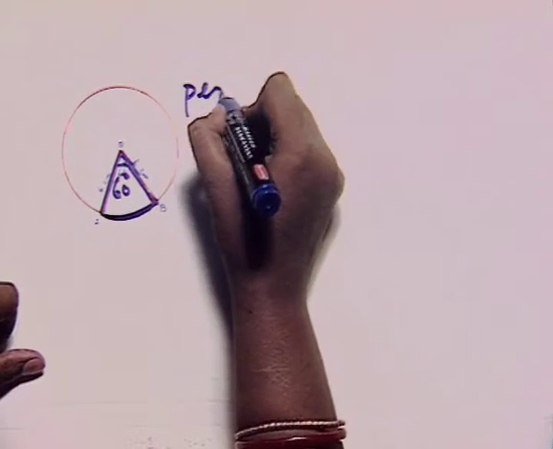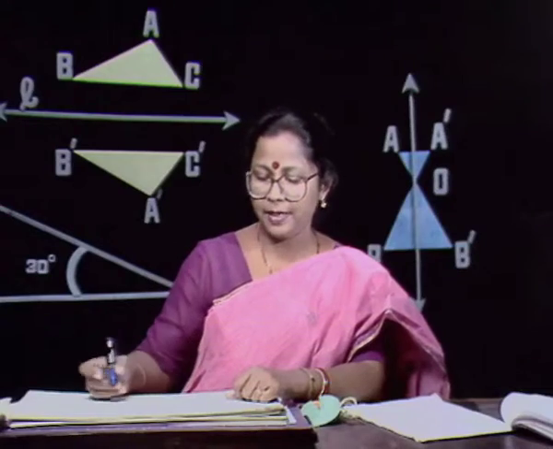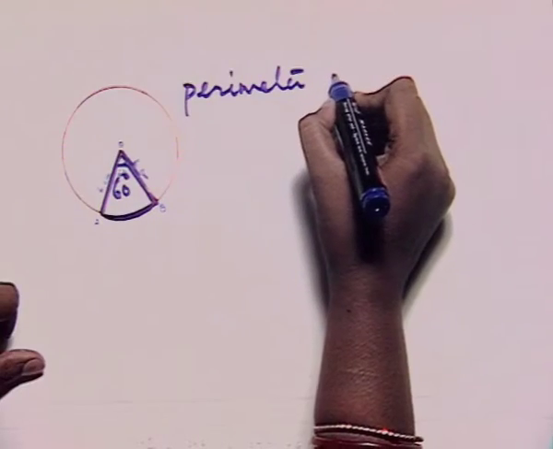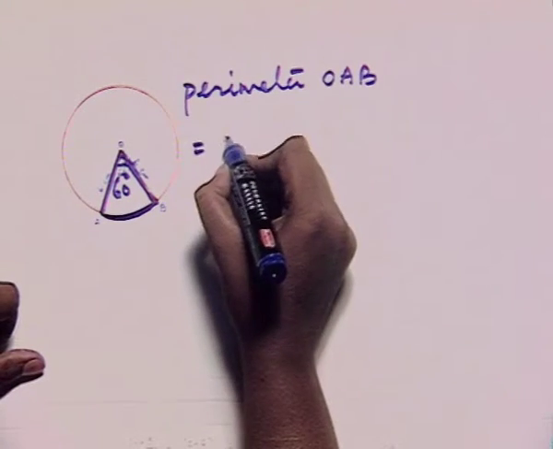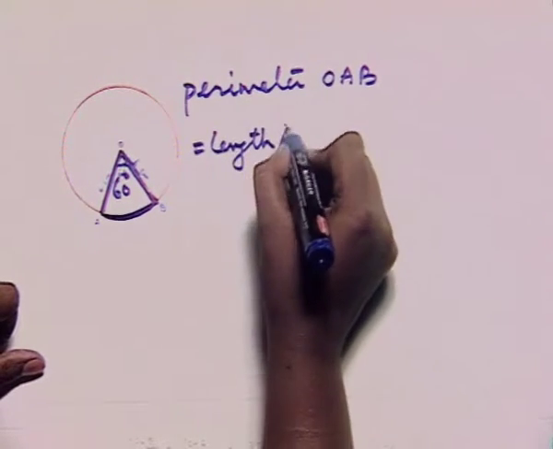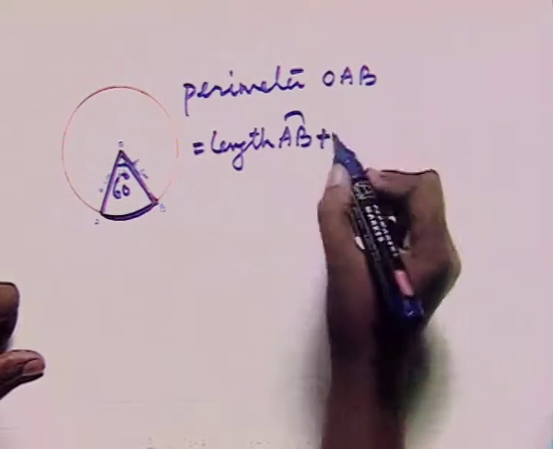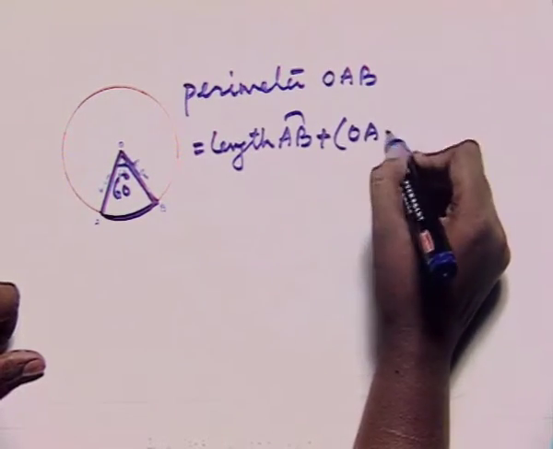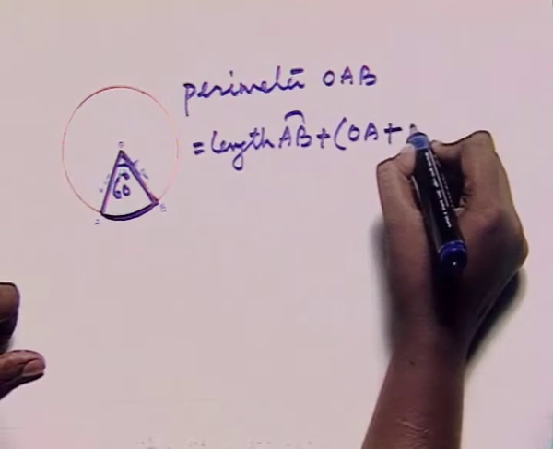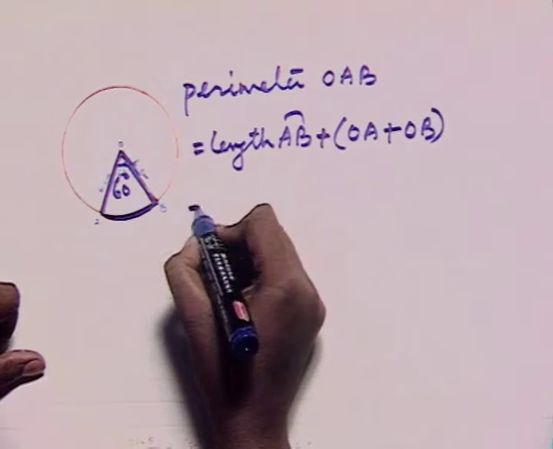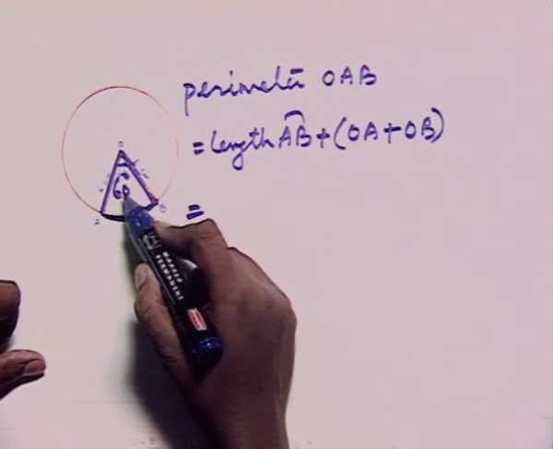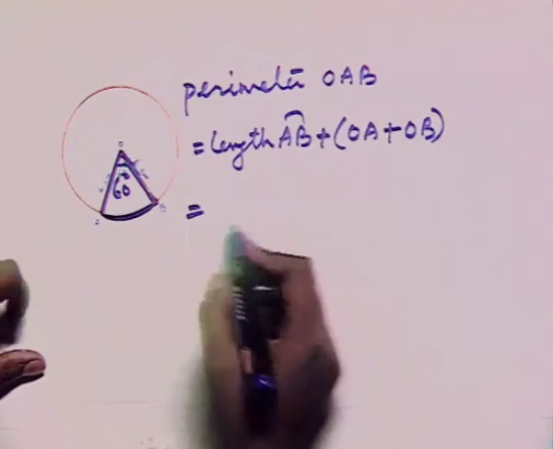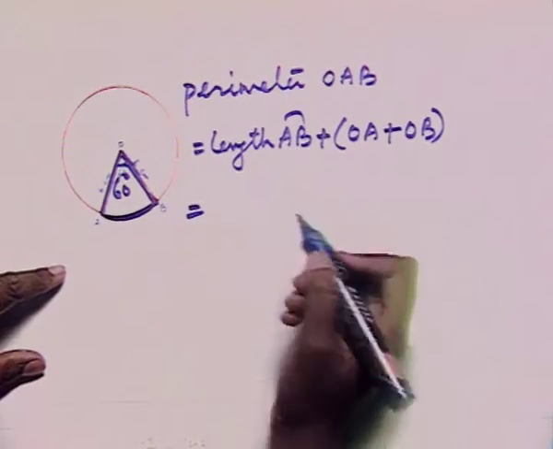Therefore, we can write perimeter of the sector OAB is equal to length of the arc AB plus the length of the radii OA and OB. Now, we know how to find out length of an arc which is making an angle of theta at the center. Now, in this particular case, this sector is making an angle of 60 degree at the center. So, the length of the arc AB will be equal to